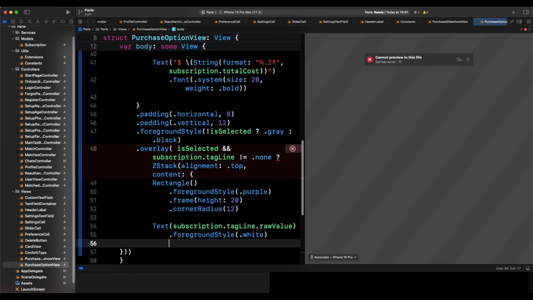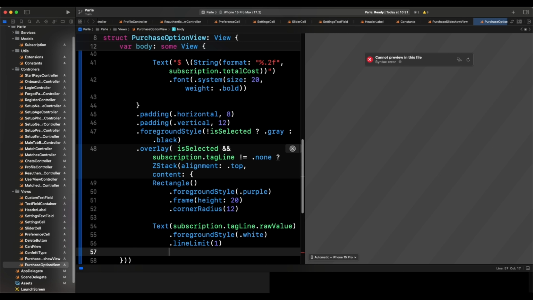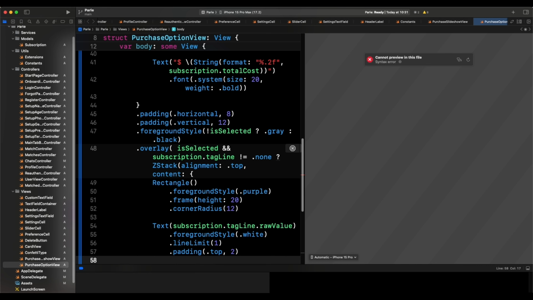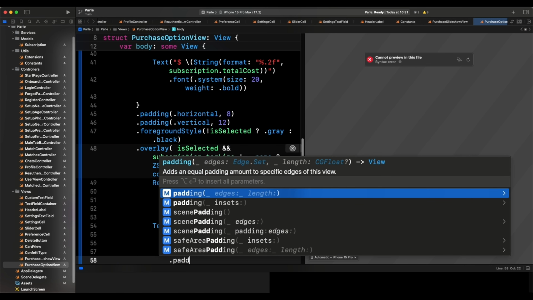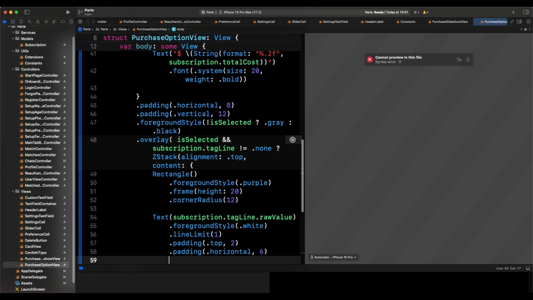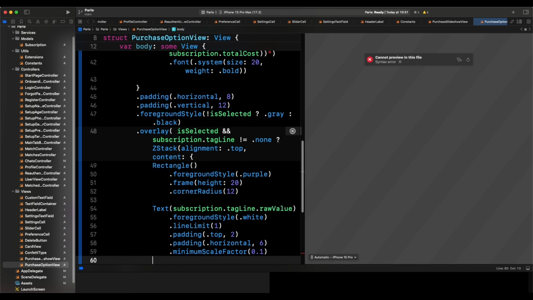Come here, say dot line limit is going to be 1. Come here, say dot padding, dot top is going to be 2. Come here, dot padding, dot horizontal is going to be 6, and we say dot minimum scale factor, that's going to be 0.1. This allows it to shrink to a certain percentage, so it can shrink until 10%, right, of its original value,